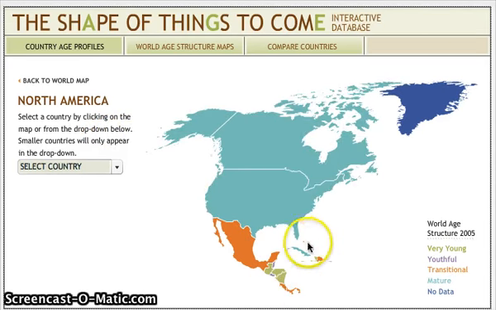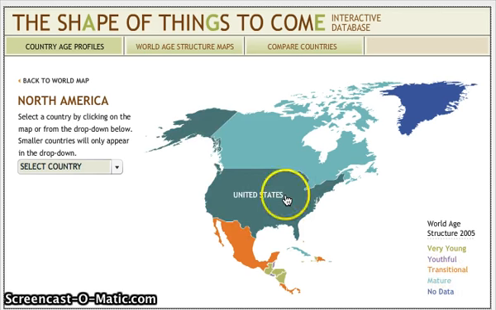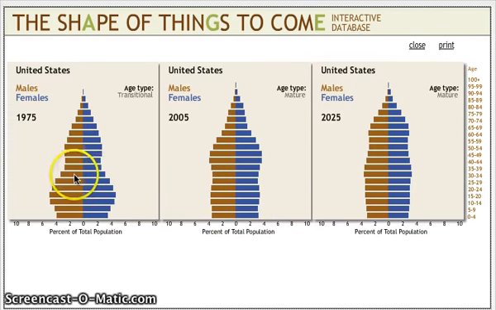I would point attention to students that these different colors have different meanings: very young, youthful, transitional, and mature. So I'd start by clicking on the United States, and this automatically generates three age structure diagrams: 1975, 2005, and 2025. Now, I would point out to the students that 2025 is, of course, a projection based